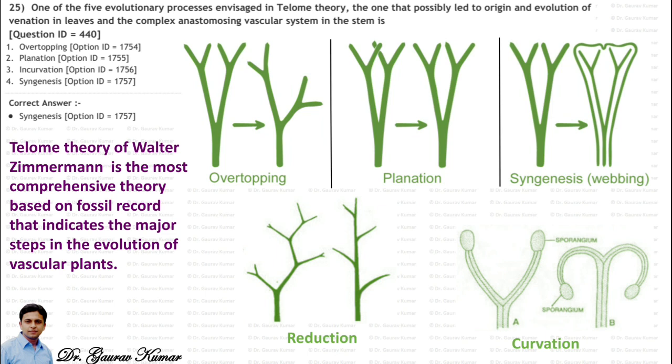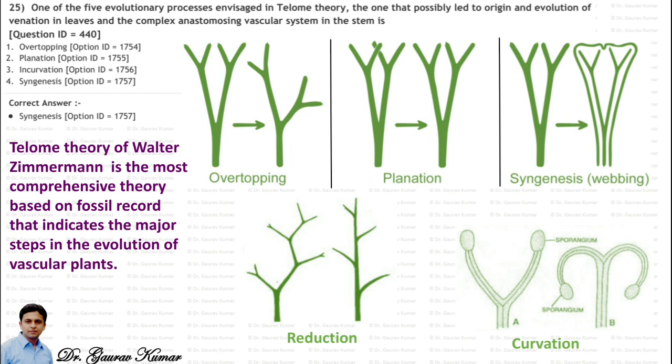Fine. On the right hand side, you can see the B1, in which the curvation is towards the outer side. That is called incurvation. In this process, the fertile telome bends downward, resulting in the downward shifting of the sporangia from terminal to the ventral surface of the leaf. This sub-process is responsible for the formation of ventral position of the sporangia in which one? Okay, if you have attended my lecture, you will immediately say, yes sir, it is in the fern or Pteropsida leaf.